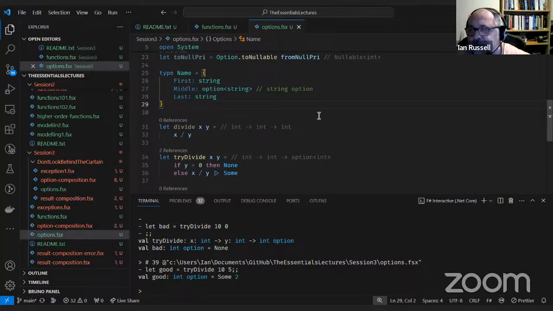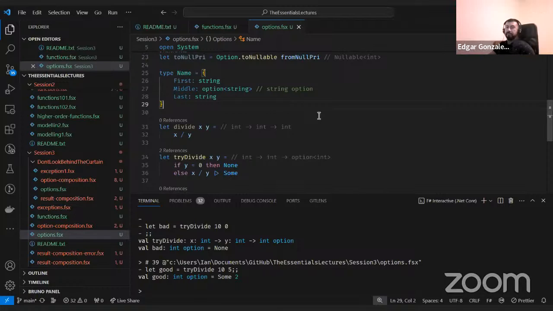There's a quote from the late Joe Armstrong, who was one of the guys who developed Erlang, and his idea was: make it work, then make it pretty, and if you need to, make it fast. But most of the time, when you make it pretty, it'll be fast anyway. Yeah, definitely.